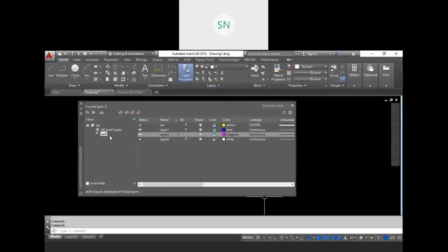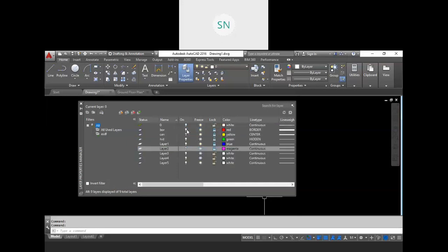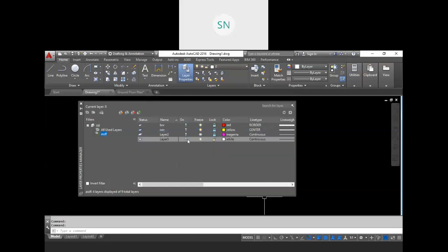So here we have the filter showing the off layers, and once you turn on any layer, it will be removed from this list. If you go to all layers again and turn off any layer, it will automatically be added to your filter, so it continuously updates your group.